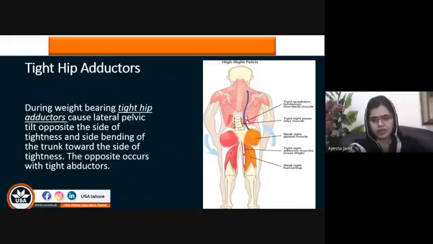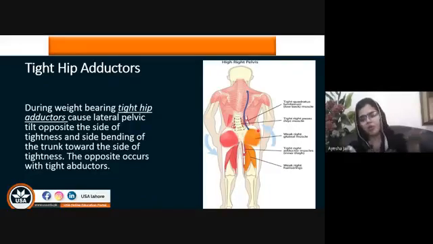If this leg is being shortened, it means that in this area the pelvis will be low or drop, and in this area the pelvis will be high. In that condition, you will observe the bending of the trunk towards the side that is being elevated in an attempt to lift this area. When you bend your trunk towards the elevated side, this is an attempt to elevate the side that is being dropped. So the trunk shifting will enable you to tell which side is being shortened and which side is being lengthened.